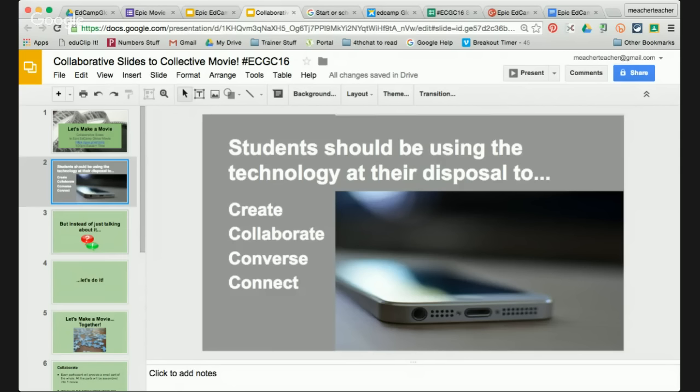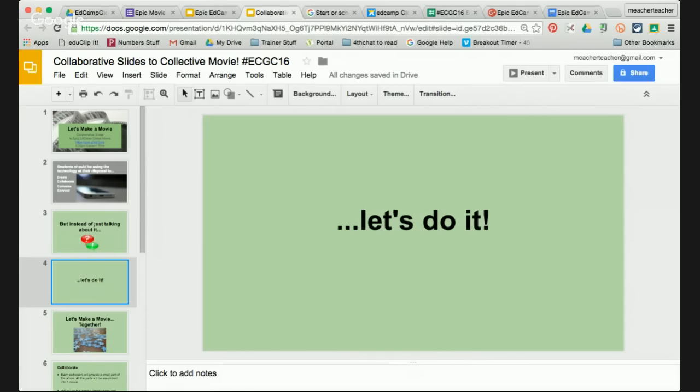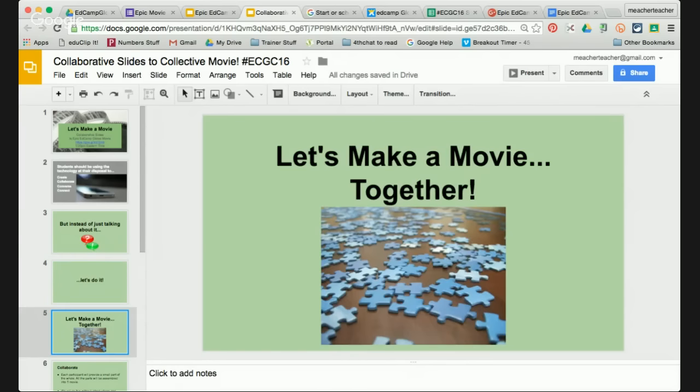And we often give up on that because we're not sure about the how. So instead of just talking about getting kids to create, collaborate, converse, and connect, let's do it. Let's do it today. And instead of talking about what we will do with our students, let's do it ourselves.